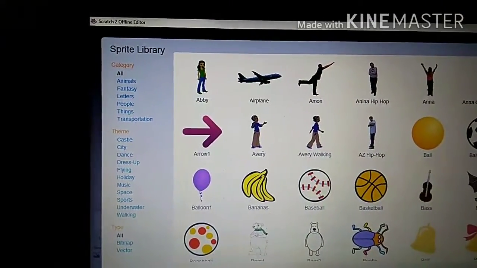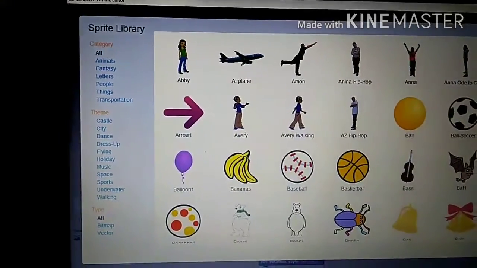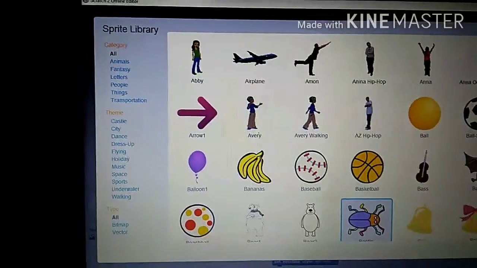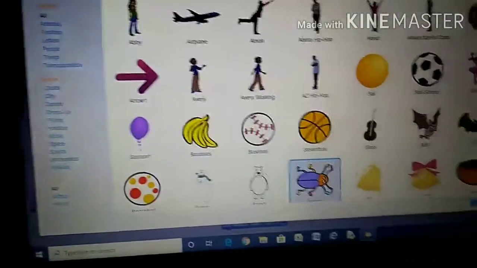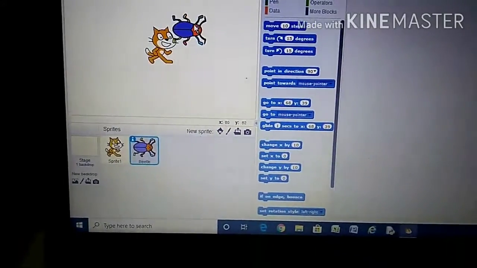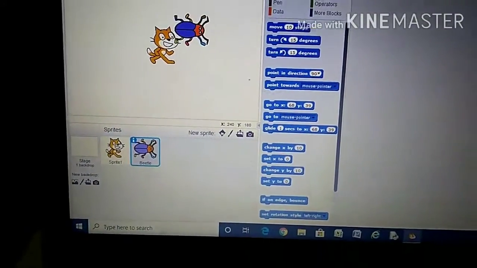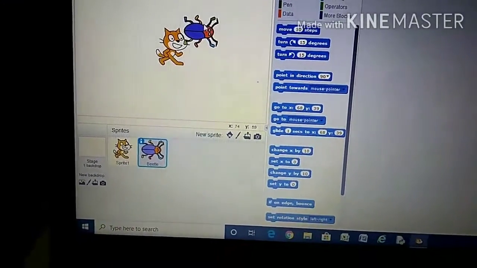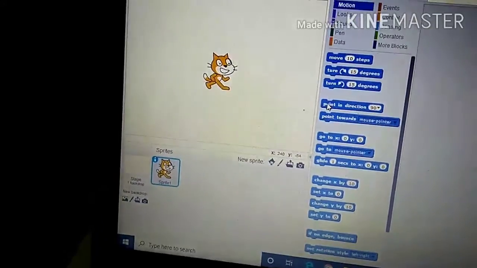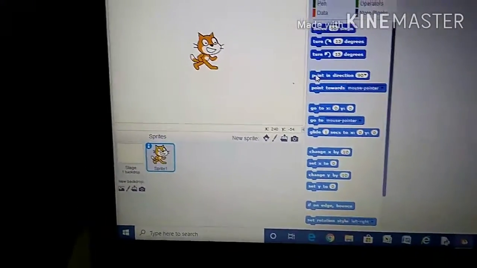Select the one you want, then go for OK. Now you can see it has come here. We don't want this, so we will remove it from here.